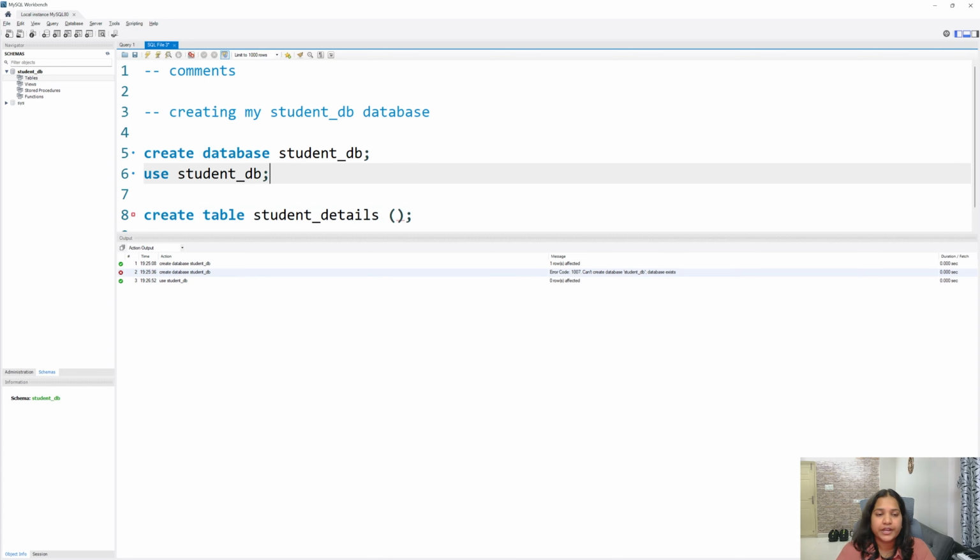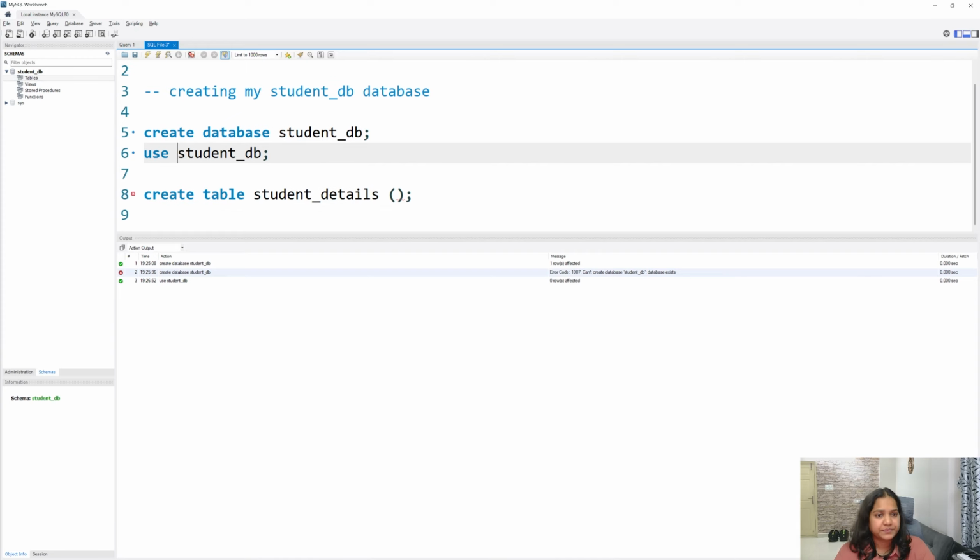When you're creating a database, mention the word database. While creating a table, mention the word table. Here, why didn't we mention database? Because this particular code is not applicable for a table. You don't have use table, nothing like that. So after use, we are not putting any keyword like database or table.